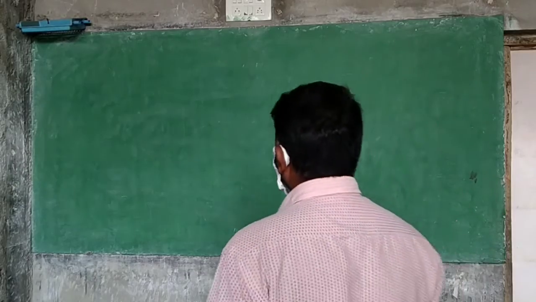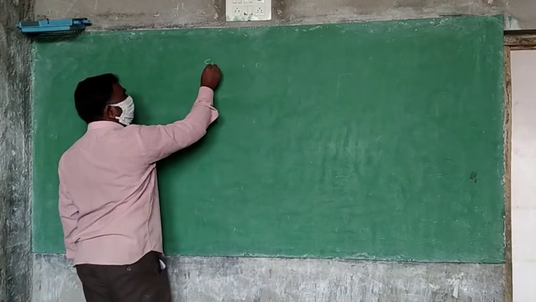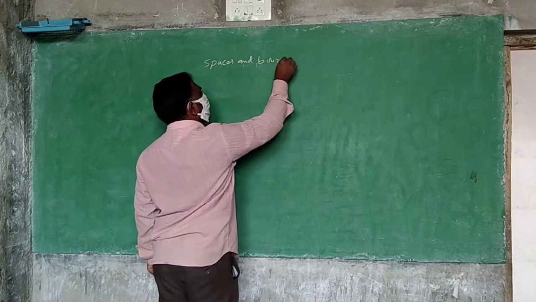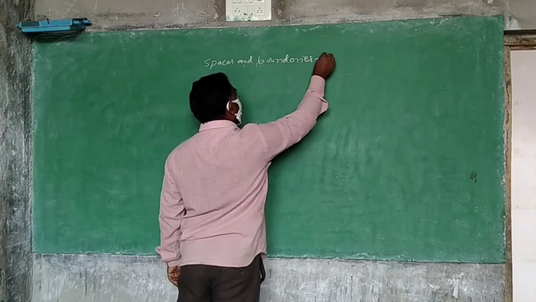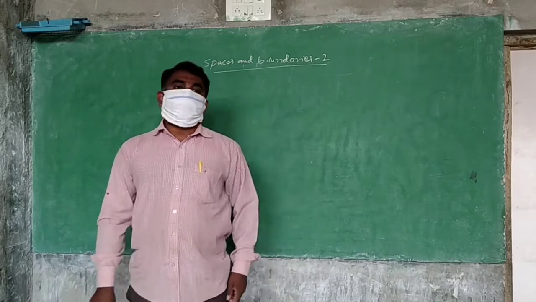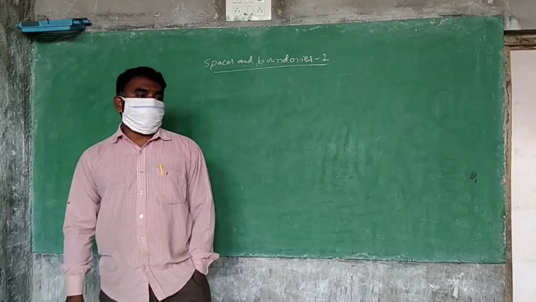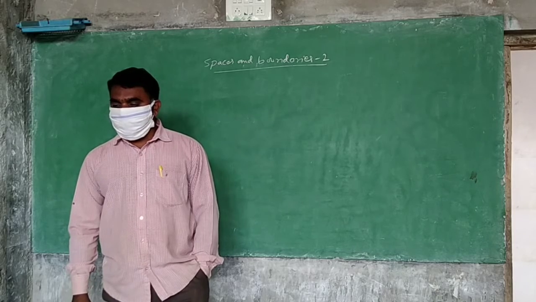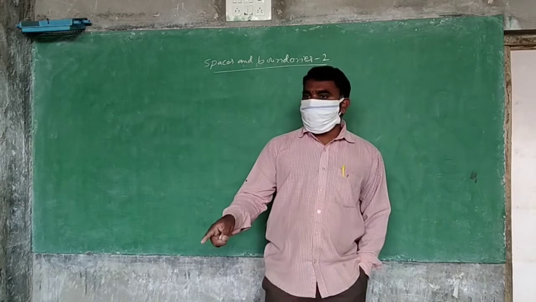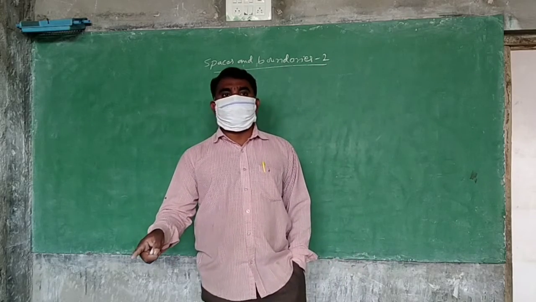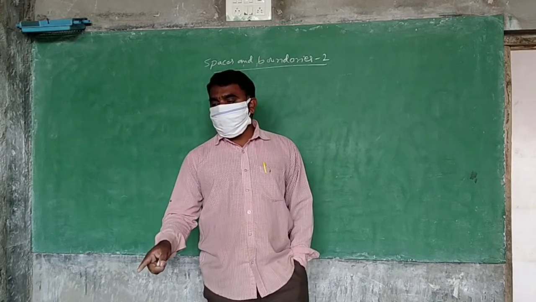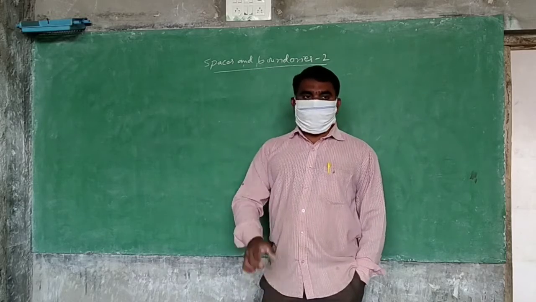Okay, yesterday I started Spaces and Boundaries 2. In this first work I have given you, take the 12 squares. By using the 12 squares, you draw the rectangles and then find the perimeter and area. Even though you found that the area is always the same, only the perimeter is different. Okay, we can write different.